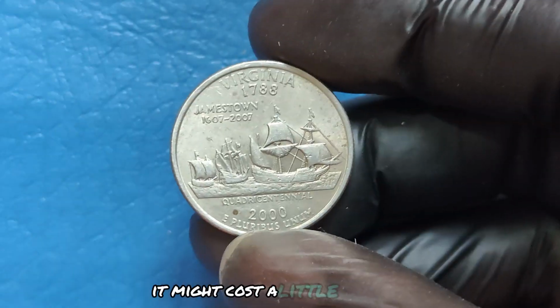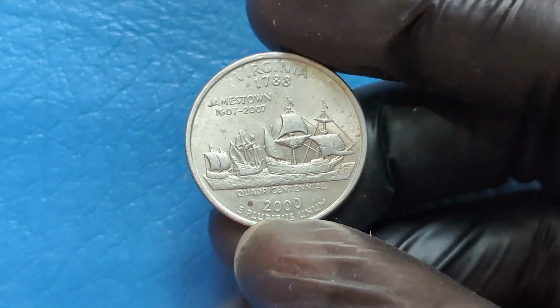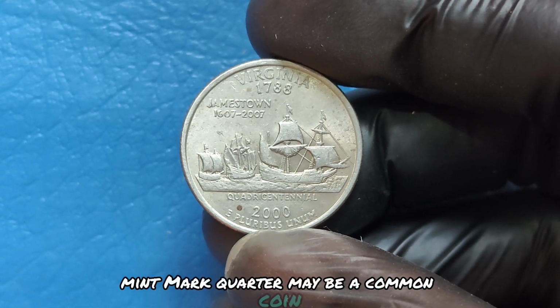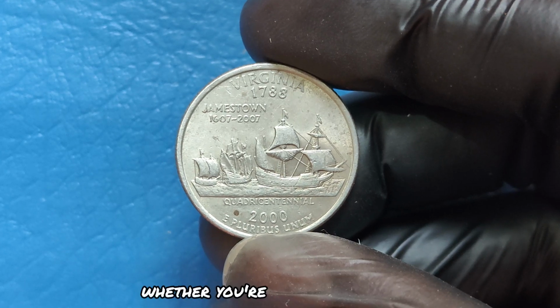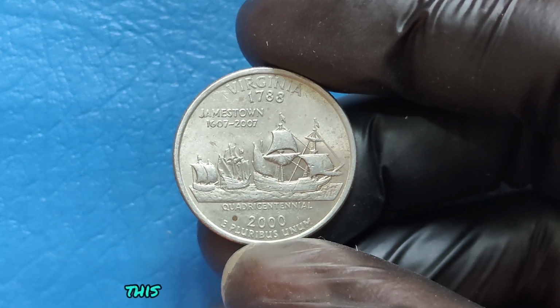It might cost a little up front, but the potential payout could be life-changing. So there you have it. The 2000 P Mint Mark Quarter may be a common coin, but certain rare versions could make you a millionaire. Whether you're an avid collector or just someone curious about what's in your pocket, this is a coin worth